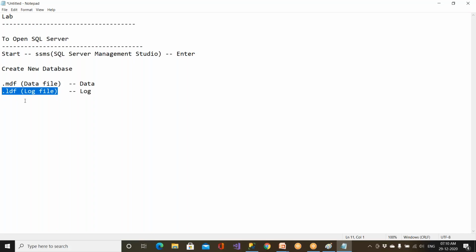Clear? I told you also it is just like a CC camera in your organization. Whatever you do in the company, everything gets recorded in your CC camera. So it is a log. If something goes wrong, people use the log, otherwise not. But after creating a database, you create a table and store data in it. When you store the data, all the data gets stored into the data file only.